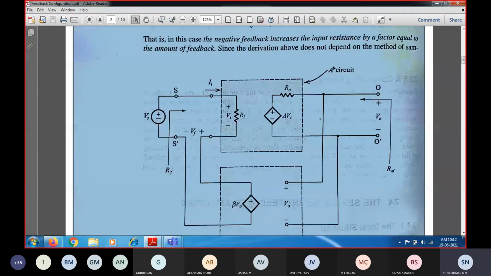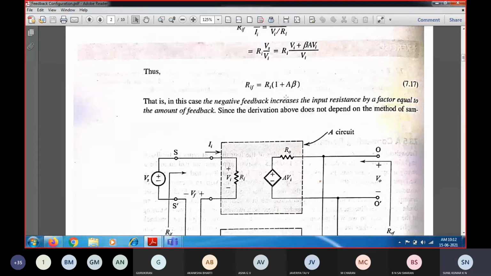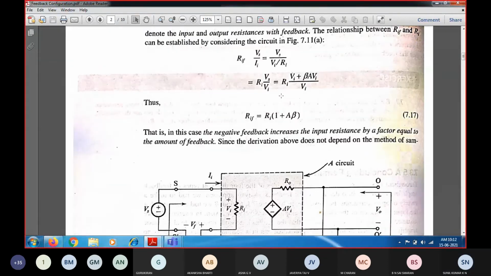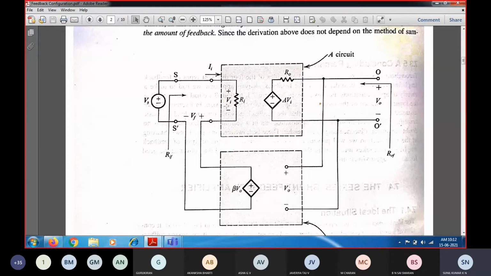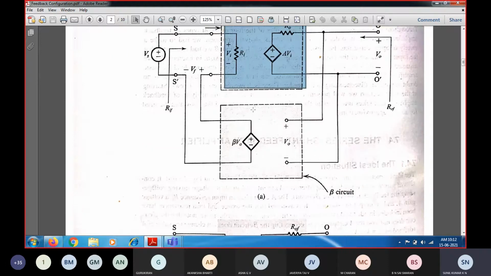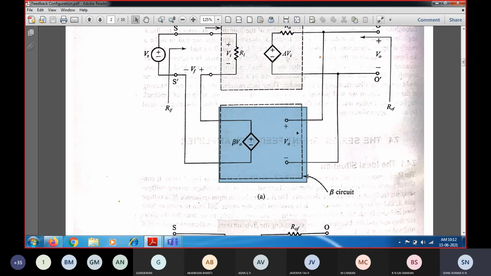Okay, so where I was, I was just explaining about the feedback network. In this feedback network, we can see the general feedback structure. This is nothing but the amplifier circuit, and this is nothing but the feedback circuit. When you employ the feedback network for this general feedback structure, you will be getting a certain gain, right? The gain is denoted as what? Negative feedback. So that is the gain with feedback you will be getting.